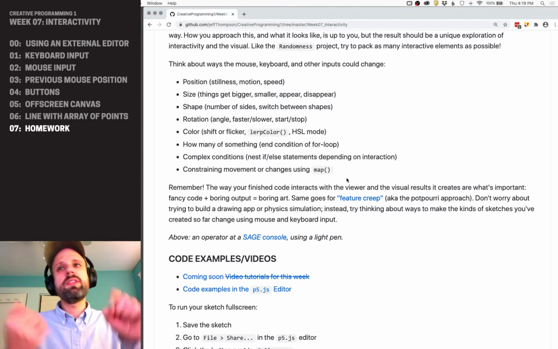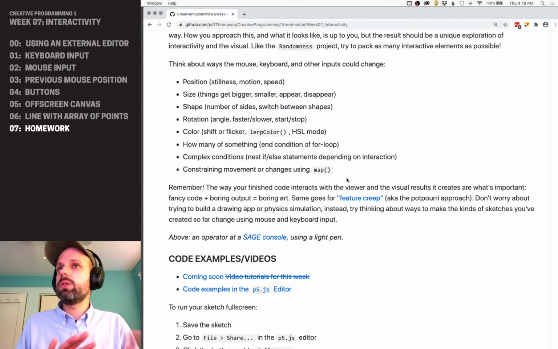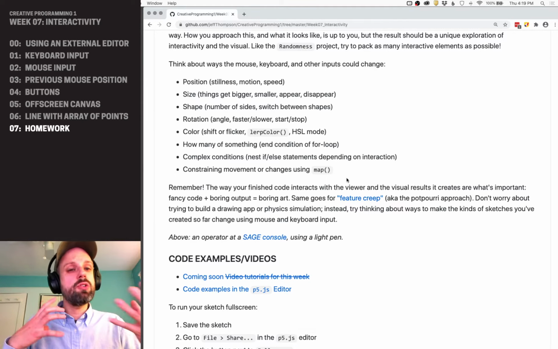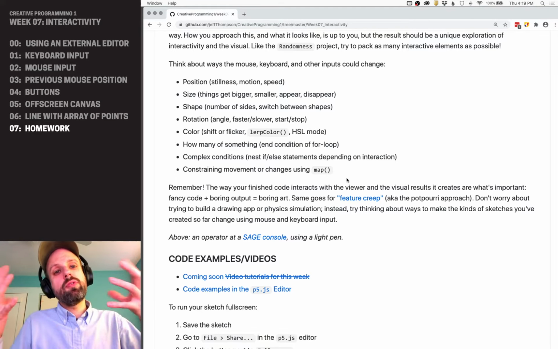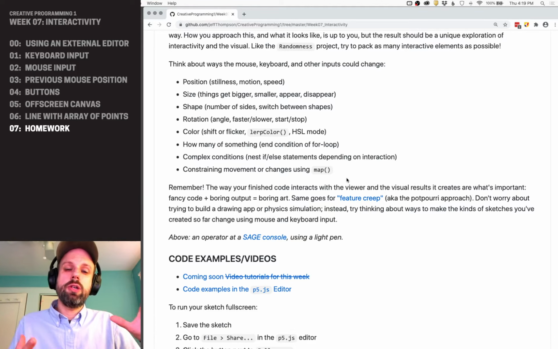Things like the number of sides on the shape, or like I was just saying, switching between shapes, rotation, the angle that something is rotated, faster or slower, starting or stopping. Color, you can have it change color or use lerp color. We talked a little bit about hue, saturation, and lightness color. How many of something. So if you have a for loop, you could have the end condition of that change